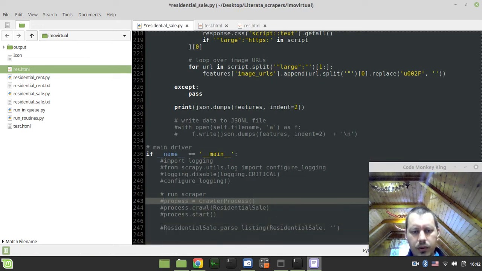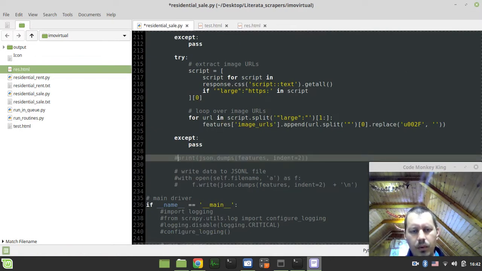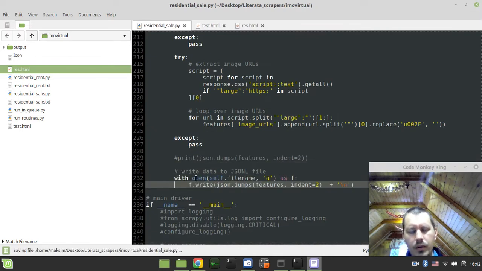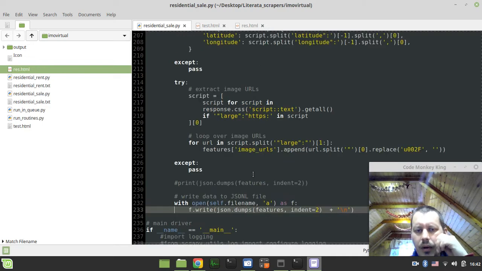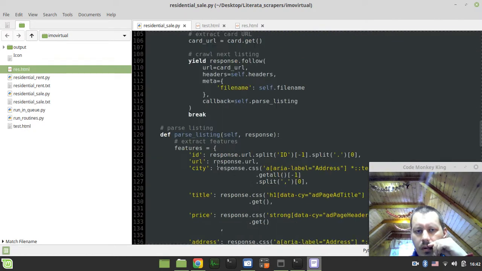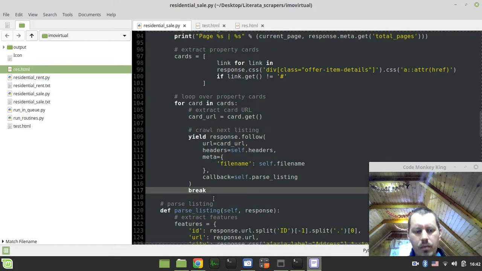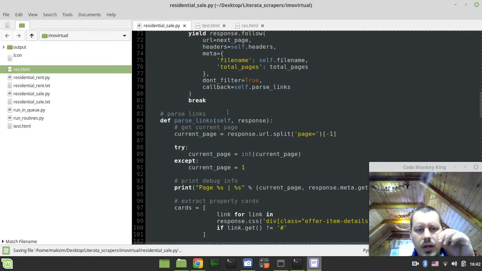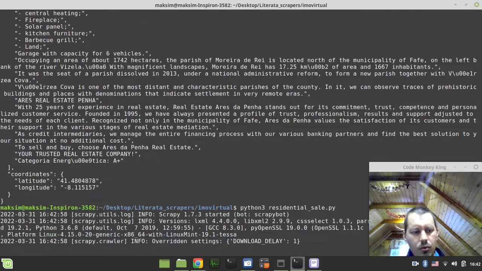I now want to resume the crawling from scratch. I don't want to print anything. I want to write to the file. I don't need this file. Well, I will delete this a bit later on. I may need this still for some purposes. Okay, so what else? I want to loop through all the cards to have several listings, and the rest should be the breaks. Alright, so now hold my breath and try to run the scraper again.